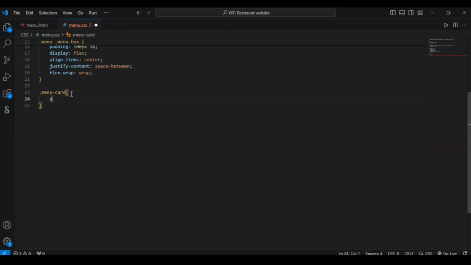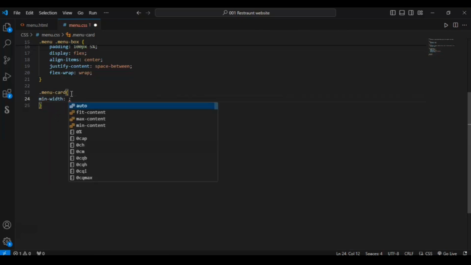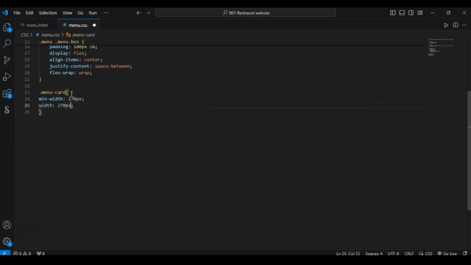Give it a minimum width of 270 pixels and a width of 270 pixels, and padding 40 pixels and 20 pixels. 40 pixels from top to bottom and 20 pixels from right to left.